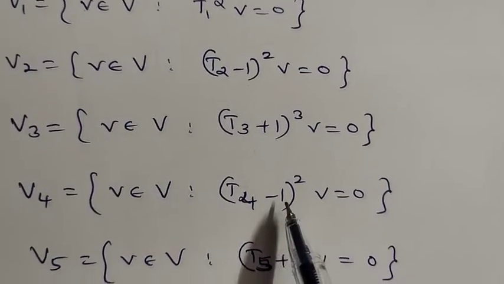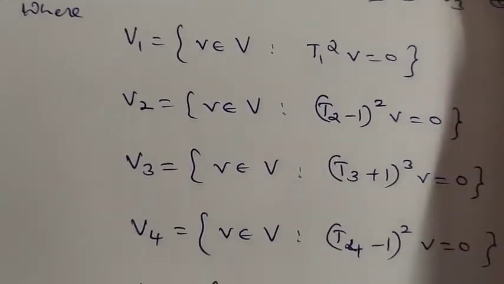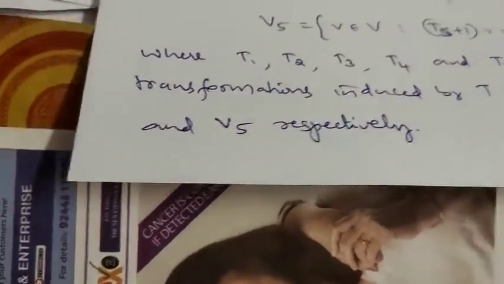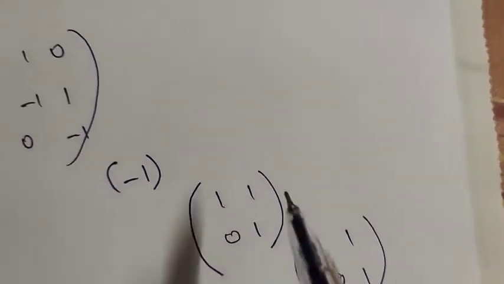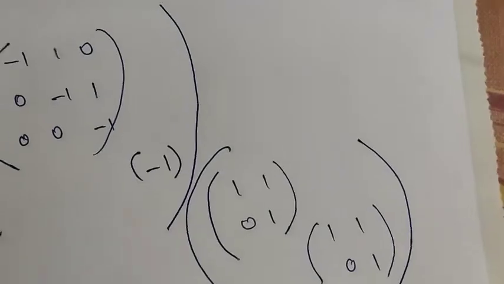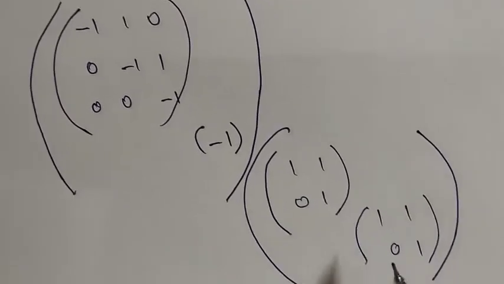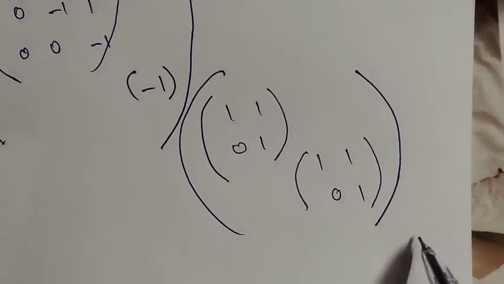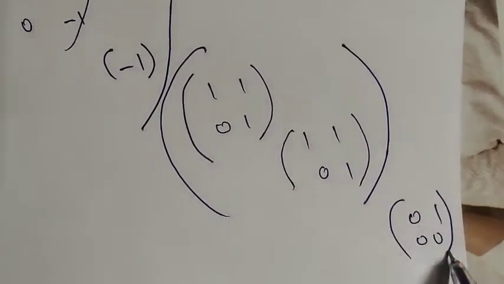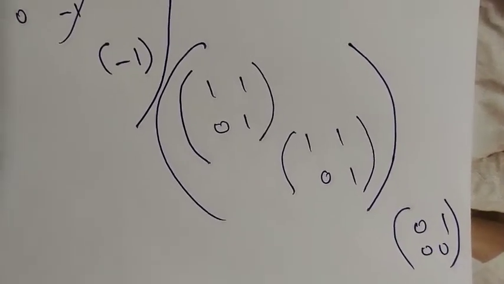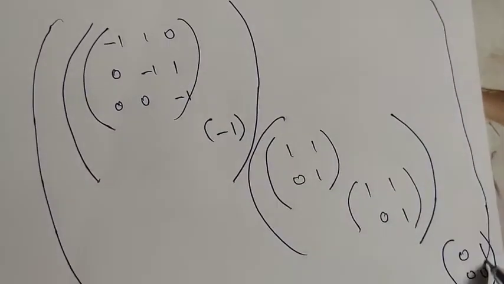These will form one group. So if I write this as one group, then I will write this as, look here, 1 1 0 1. The other is 1 1 0 1. So this is one block, and this is one block. Understand this? The other remaining block is simply 0 1 0 0. This is corresponding to T1 square. So in total, this is a bigger matrix, a 10 cross 10 matrix.